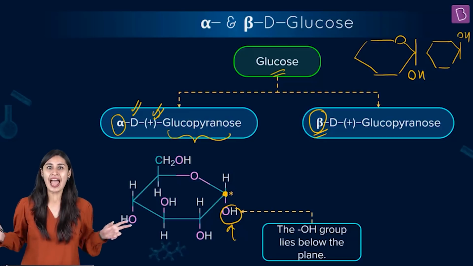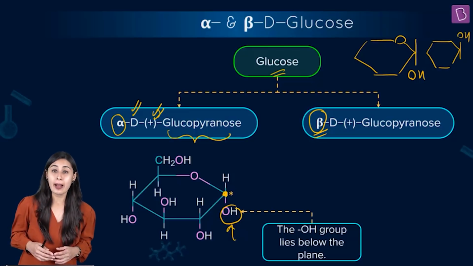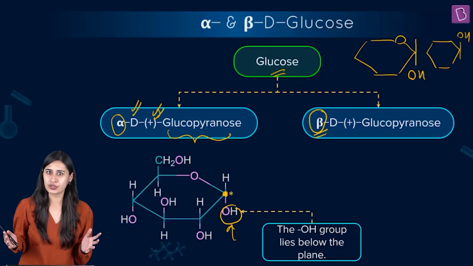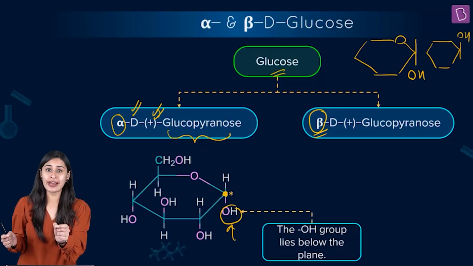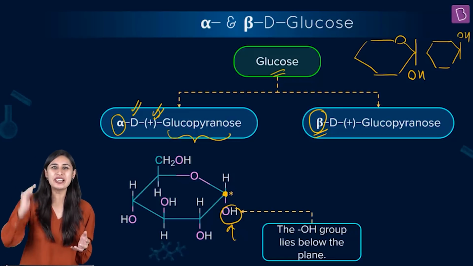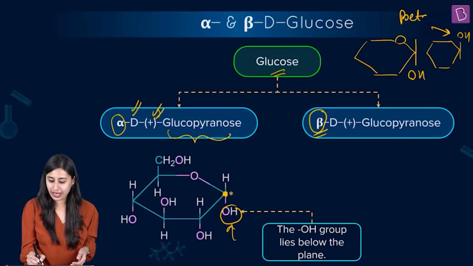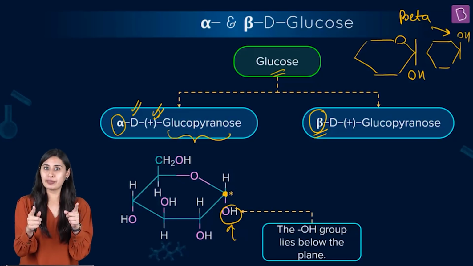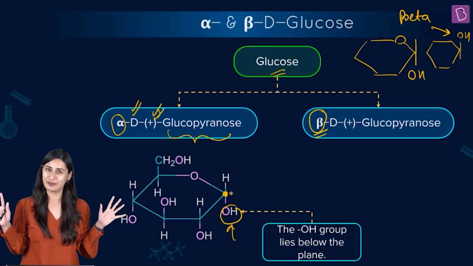Beta. And there's a popular song which goes by the Hindi lyrics, Papa kehte hain beta bada naam karega. What's an English translation to it? Father says, my beta, my child, will earn the fame. How will beta earn the fame? Only if beta is on the top. So please remember, when we are talking about beta, OH is on the top. So remember it by this, and it will be retained forever, isn't it?